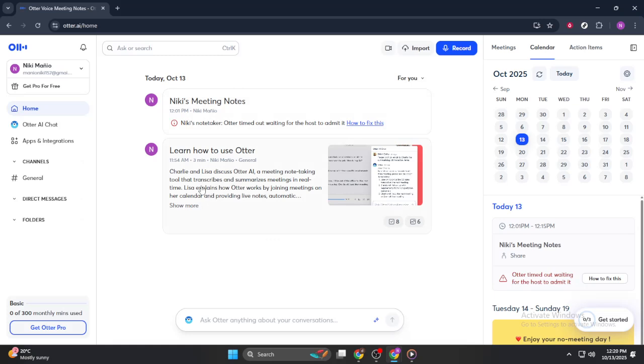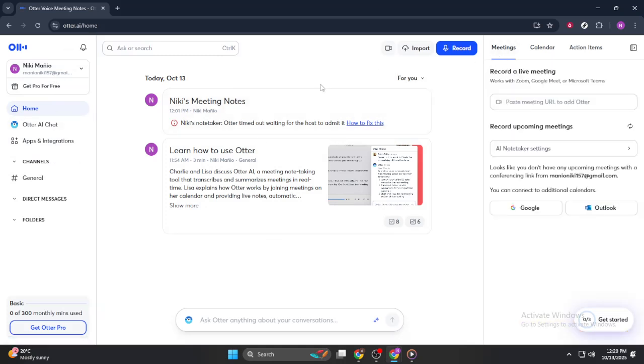First, you're going to want to start by heading over to the Otter Voice Meeting Notes webpage, which you can do by typing in otter.ai into your browser's address bar. Once you're on their homepage, log in if you haven't already. This step is crucial since everything we're going to do hinges on being in your account